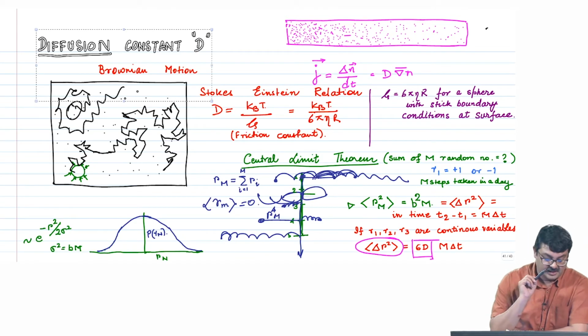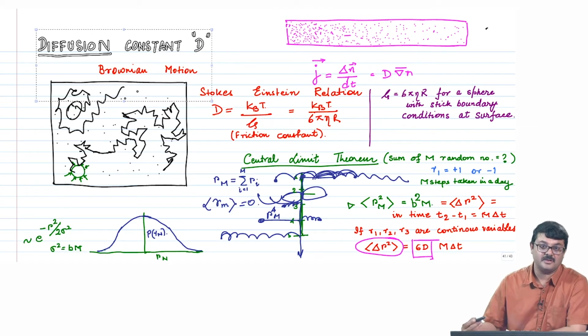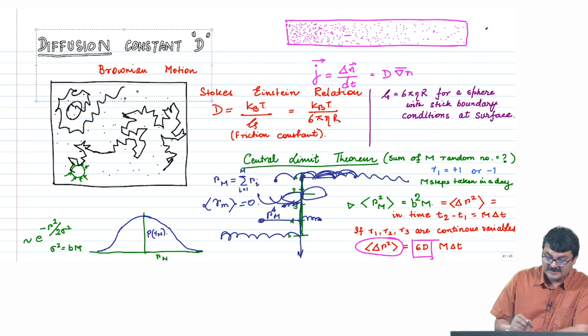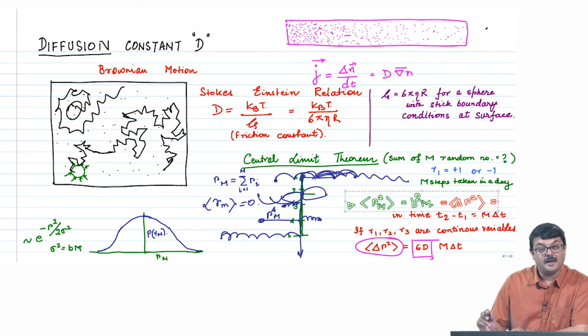diffusion constant. The last thing I wanted to tell you before we go to the actual algorithm and calculation of the diffusion constant. So, if you have got the physics of it, that it is already known by the central limit theorem that, well, this is the so called mean square displacement in time t. But if you plotted the distribution of displacements for a large number of particles, or the same person, the same drunken man on a large number of days, you would find that it is